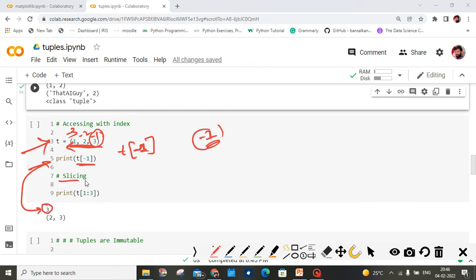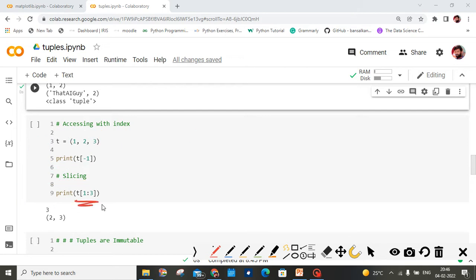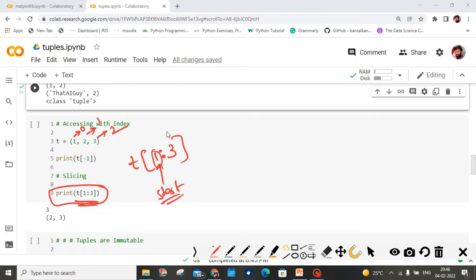Then how to slice the string? You can slice the string, right? Now look at this slicing operation. This is at 0th index, this is at first index, this is at second index. Then what is this slicing index? 1 1 2 3. Start from the first index and stop at the third index.